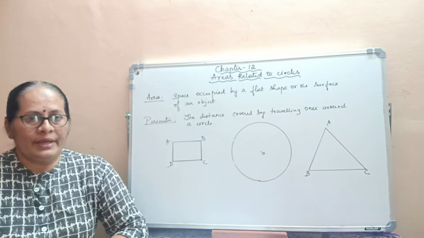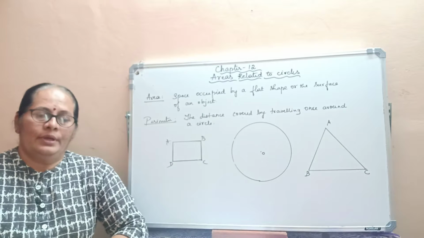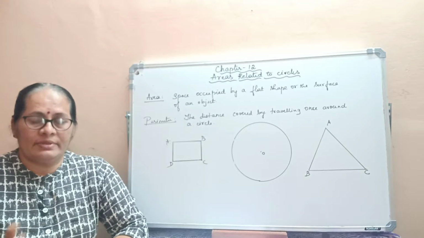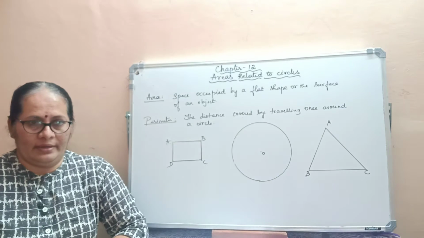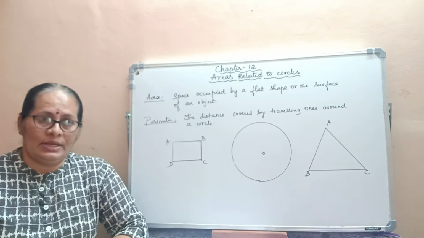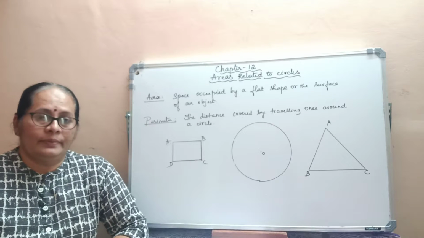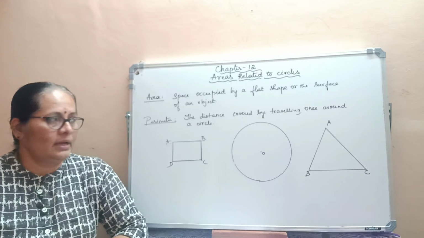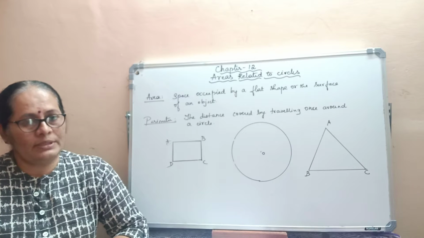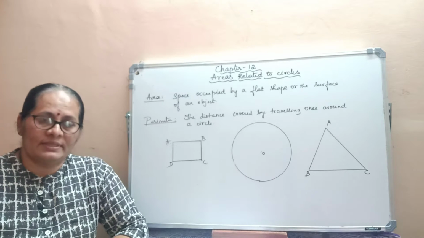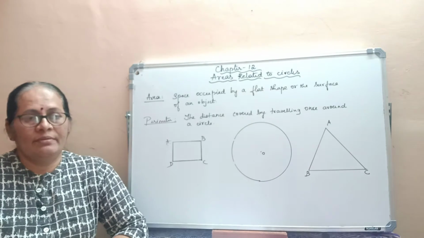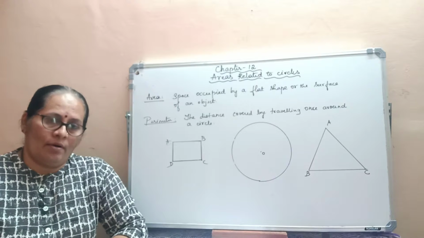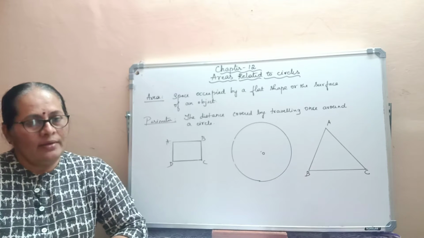You already learnt about areas, right? So you calculate area of rectangle, square, triangle and even circle using the formula method. Using various formulas, area of rectangle equals length into breadth, area of square is side into side, and area of triangle is half into base into height. Then area of a circle equals pi r square. Using various formulas, you are able to find area of an object, two-dimensional figures.